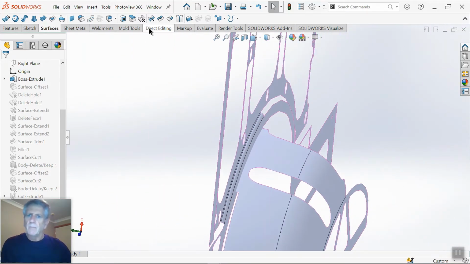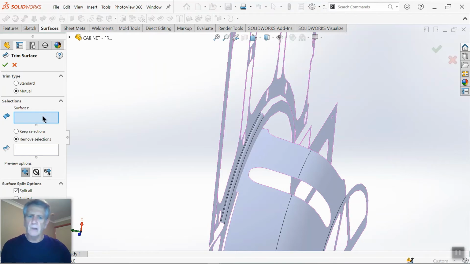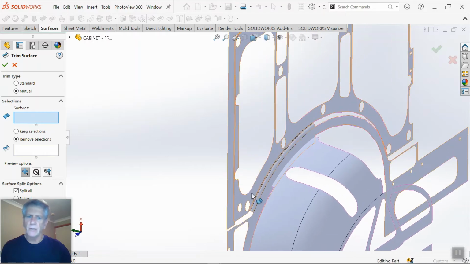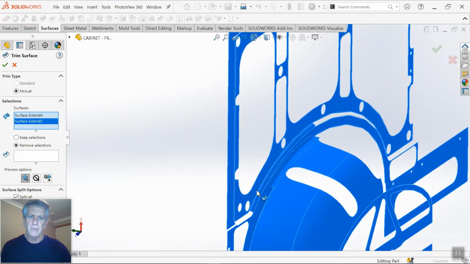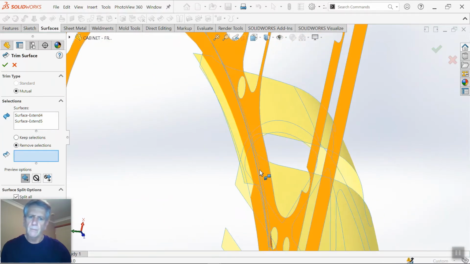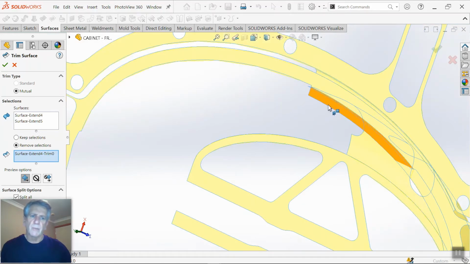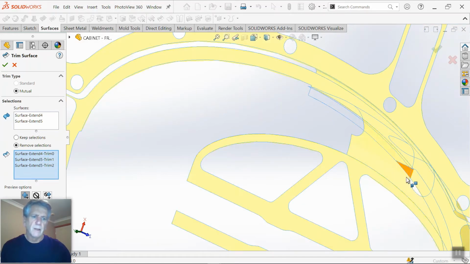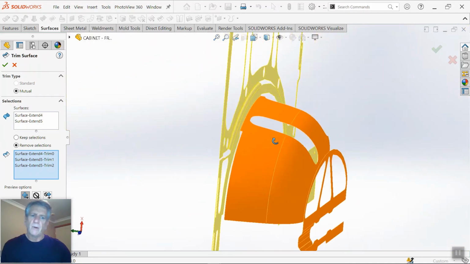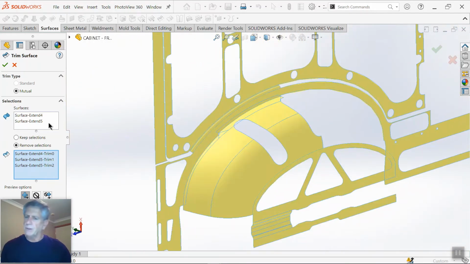Right. I'm going to use the trim tool now, and we're going to use mutual trim. And the advantage of using mutual trim is it allows us to trim with both surfaces at the same time. But it also has a big bonus, and that is when you use mutual trim, especially on something simple like this,